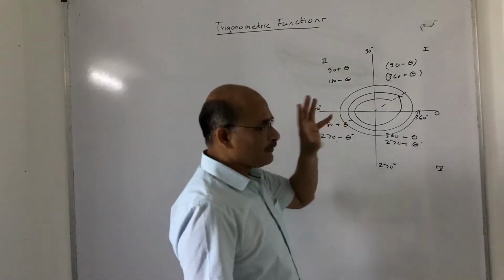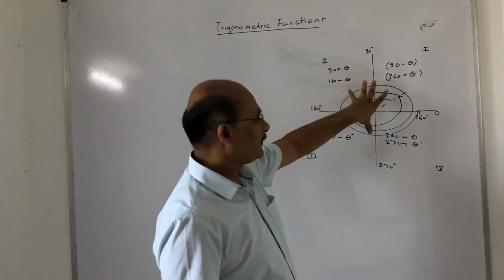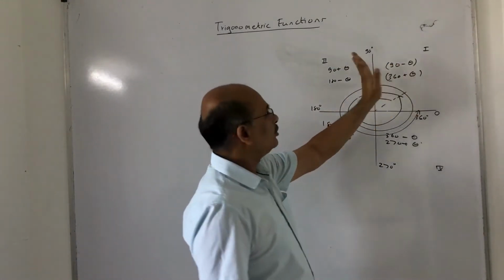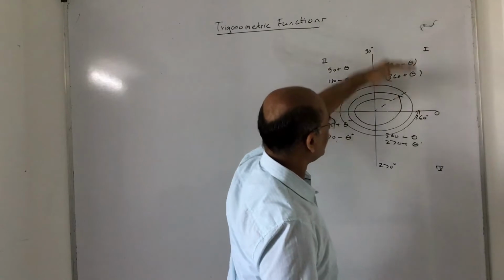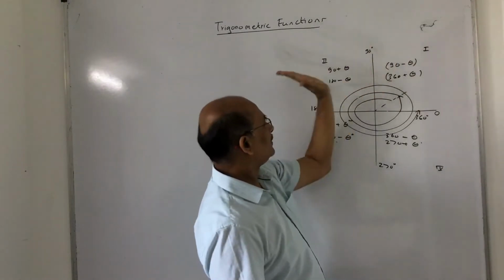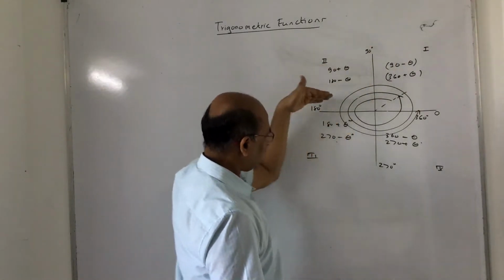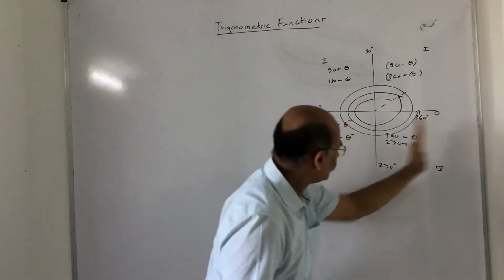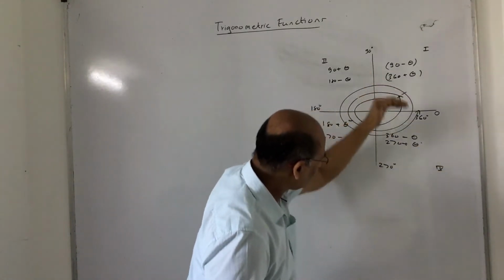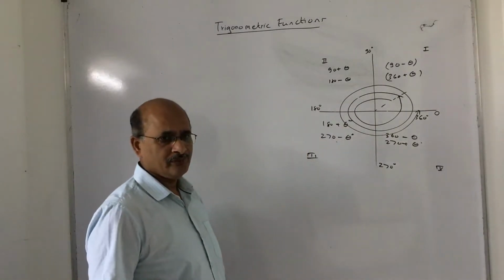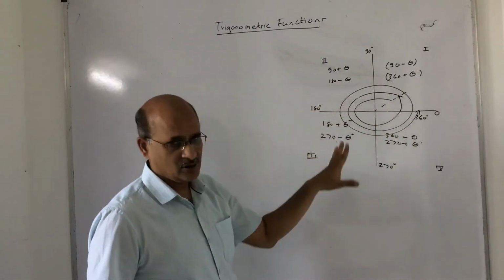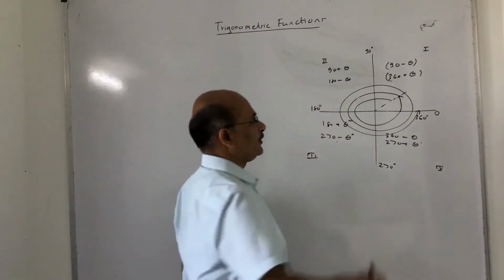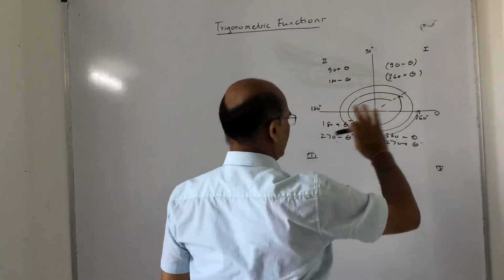Before that, what I want you to know from this explanation is how you denote the quadrants in terms of angles. So 90 minus theta, 360 plus theta. 90 plus theta, 180 minus theta. 180 plus theta, 270 minus theta, and 270 plus theta and 360 minus theta. I am talking about one single rotation right now. Having said that, first quadrant, second quadrant, third quadrant, fourth quadrant.